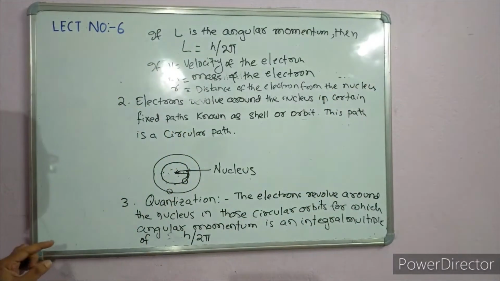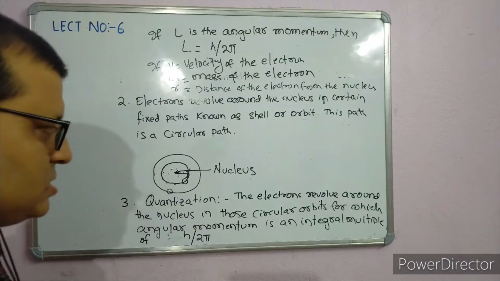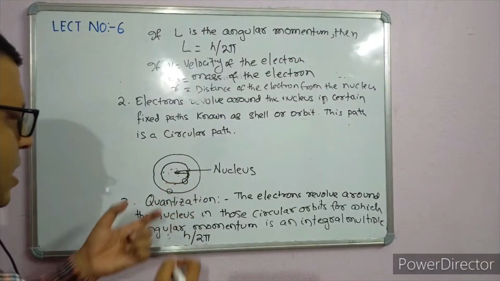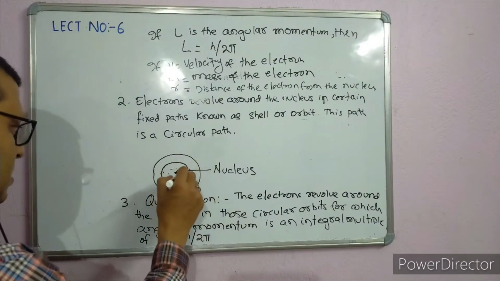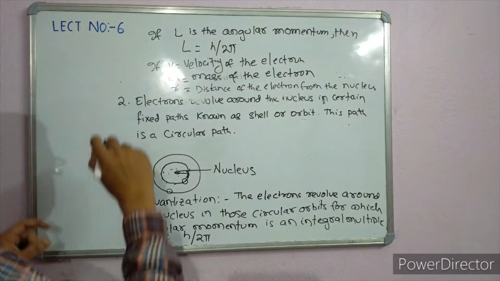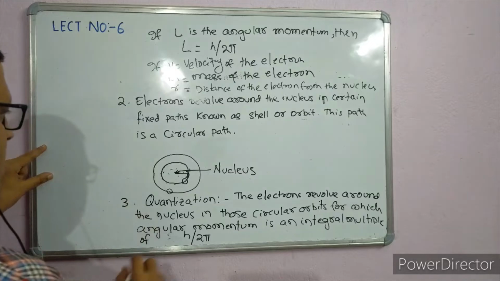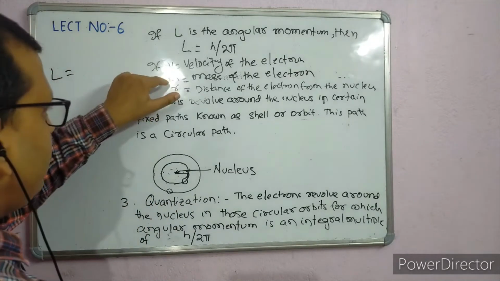So r is the distance, or because the electron is revolving around the nucleus in a circular path, you can say that it is the radius of this circular path. Then we know that our angular momentum L is equal to mvr,